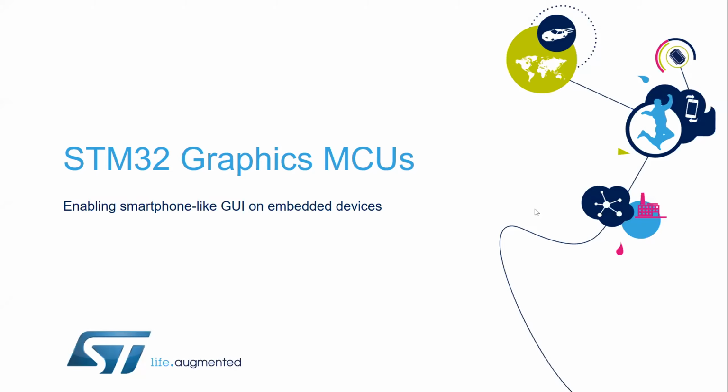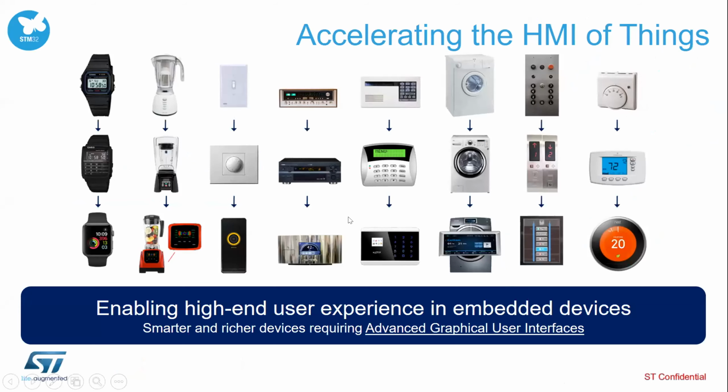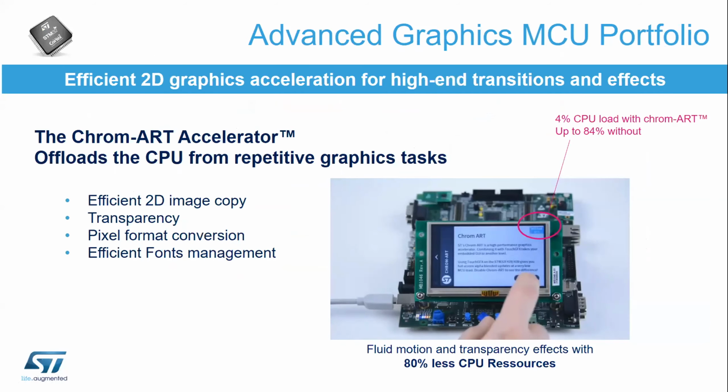So first, this is what we are trying to do on STM32 with graphics. We are trying to accelerate what we call the HMI of things. We are seeing all embedded products getting smarter, offering more capabilities and more features. So it is clear that these products need a better user interface so that users can benefit from all these new features. The way we are doing it in STM32 products is trying to enable this in really cost-effective